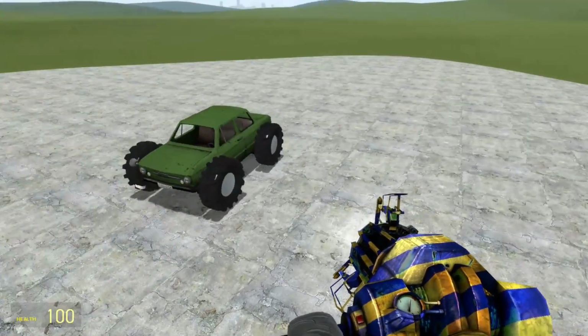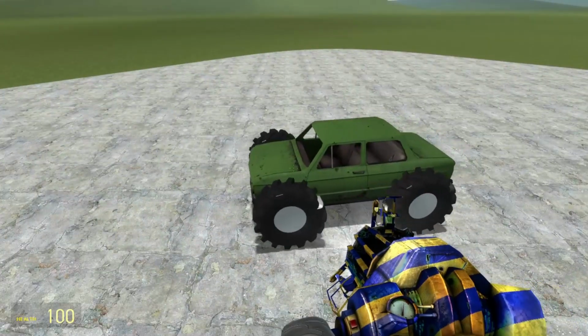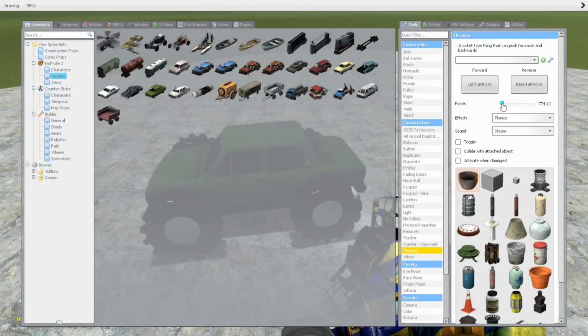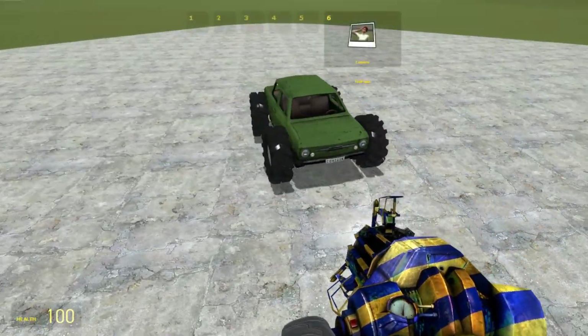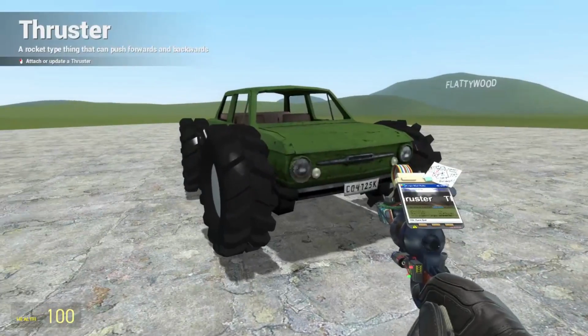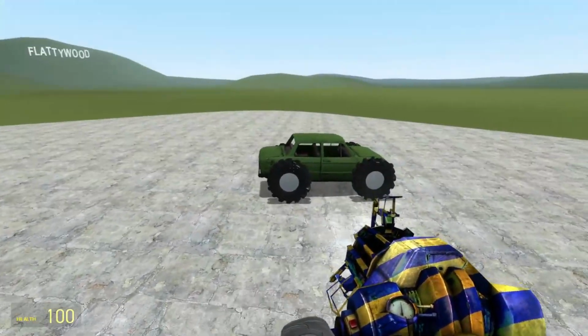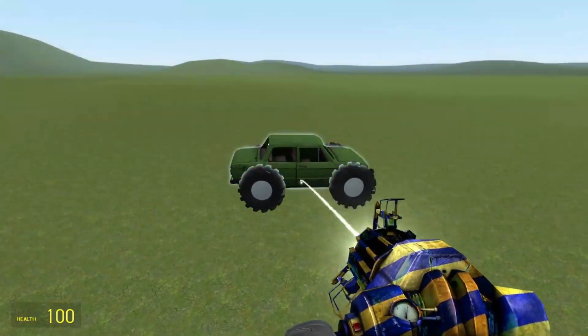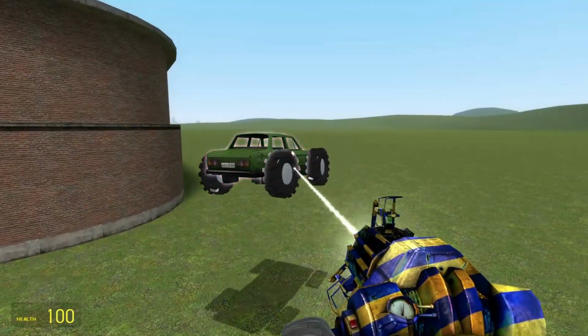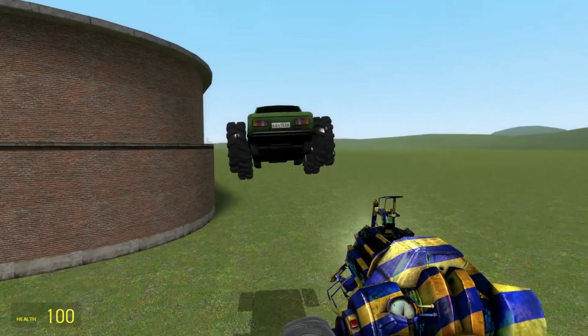Now I may have a little bit too much thruster on this, so I'm going to delete that, set it to a little bit less, like that much, 800, just a tad less. And now you're going to re-put it back, okay? So, something else you can do with the thrusters before we move on to step 4 is you can put